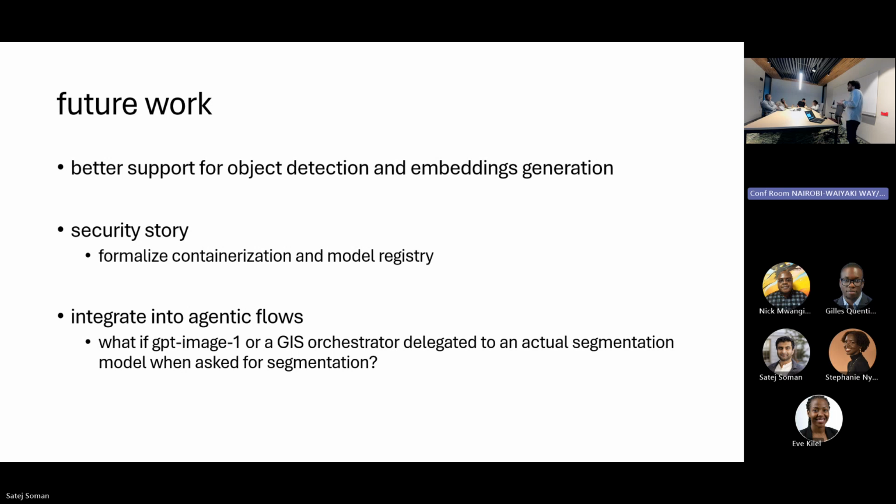But now that we have the orchestration of picking a model with specific capabilities and handling where to deploy it, there's no reason that the orchestrator in this agent system couldn't realize, oh, this is a task that's better suited for a specialized model, and delegate to that model instead of trying to use GPT Image 1's inbuilt image capabilities. So allowing orchestrators to delegate specific tasks to specific models is something that I think the Anaximander backend opens up. And I think that's a pretty interesting area for exploration.